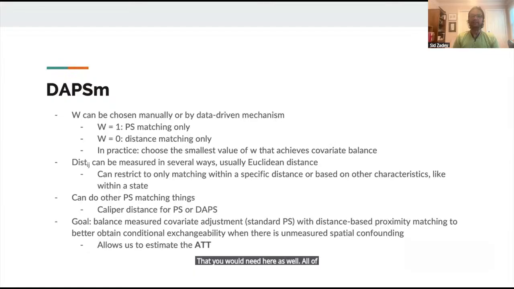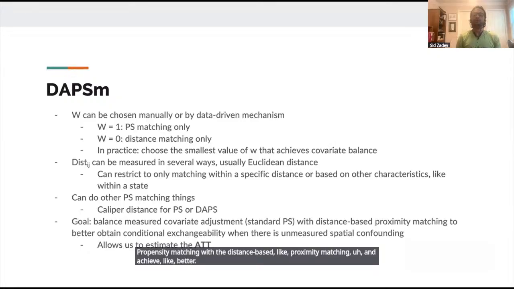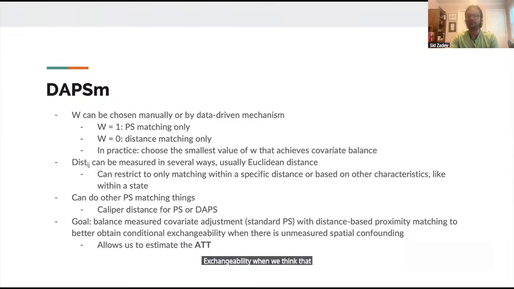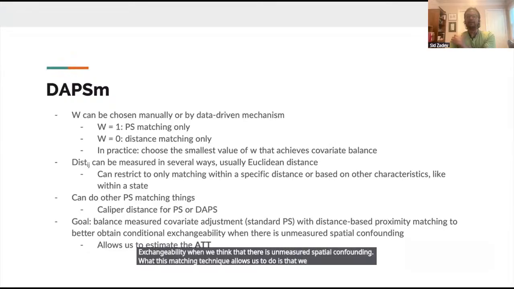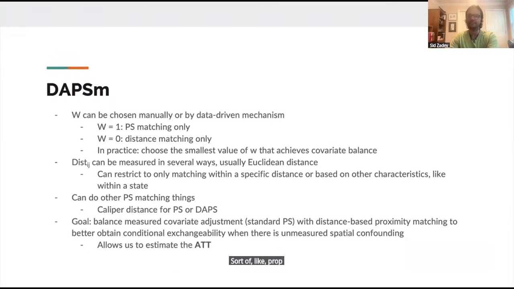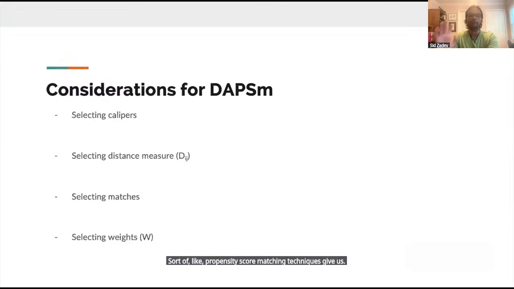All of that to say that our goal is to have the standard PS with the distance-based proximity matching, and achieve better exchangeability when we think that there is unmeasured spatial confounding. What this matching technique allows us to do is that we can get our average treatment effect among the treated that other propensity score matching techniques give us. Okay, so